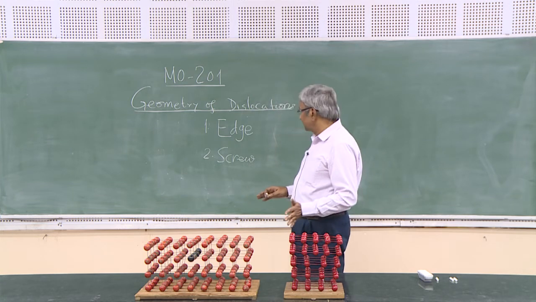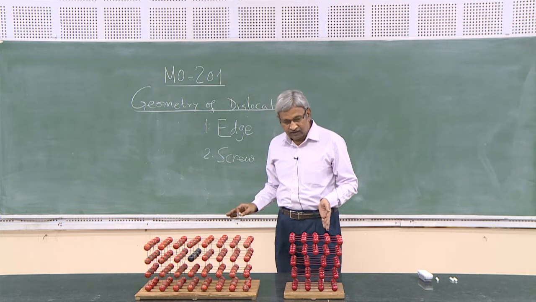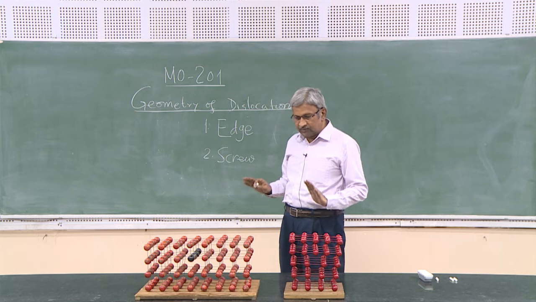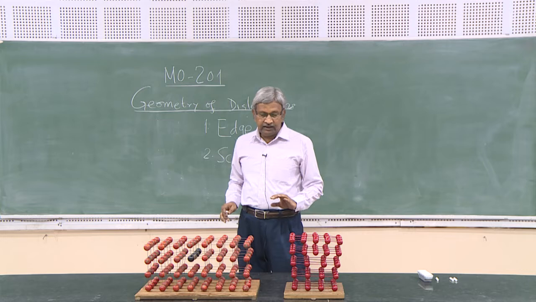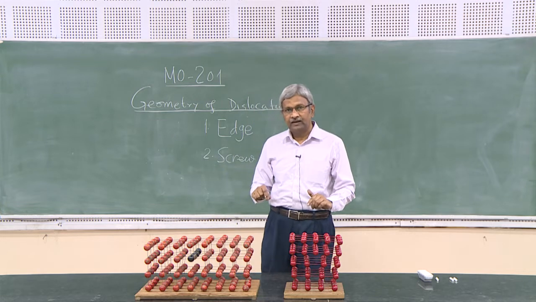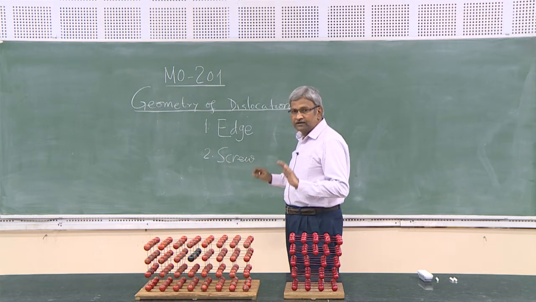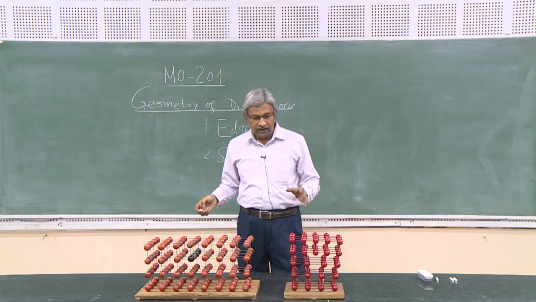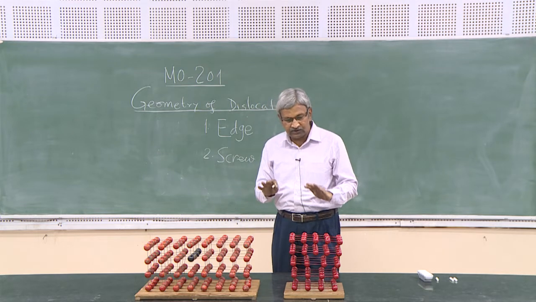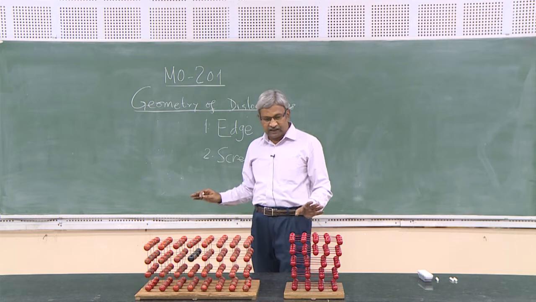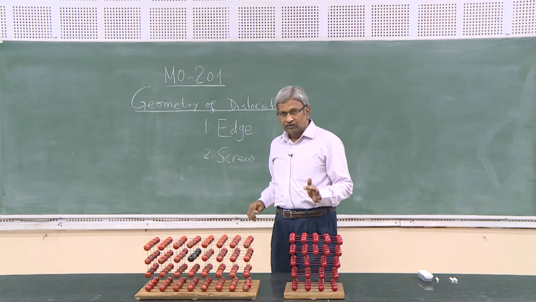I am going to show you in what way the edge dislocation and the screw dislocation are different, some of the characteristic features of the screw and the edge dislocation. Then we shall also try to see application of dislocation in plastic deformation, how one can understand plastic deformation in a crystalline metallic solid. If the purpose is clear, then I will try to demonstrate first the edge dislocation with the help of a model.